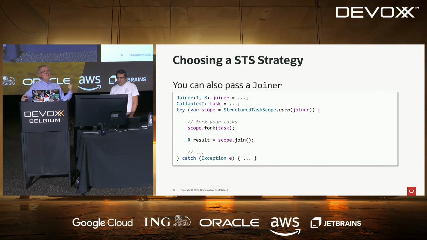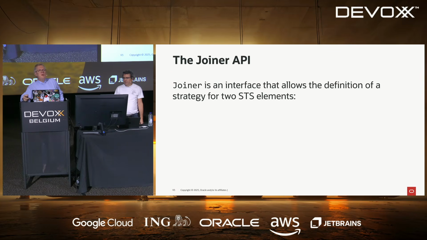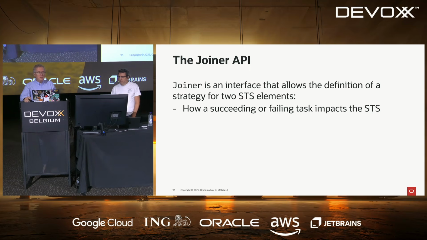Okay. The join method can return a result, and you see that this joiner is the Joiner of T and R. T is the type of the callable you can submit, so it could be void in the case you pass runnables. And R is the element you want to return from your join. Sometimes the type can be void, so you are going to return null objects and do something else. But sometimes you can also produce a result, and in that case, your joiner can specify the object you want to return. So the joiner is an interface, it's an API in itself, to define this strategy.